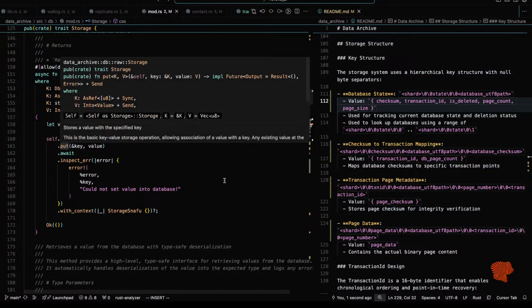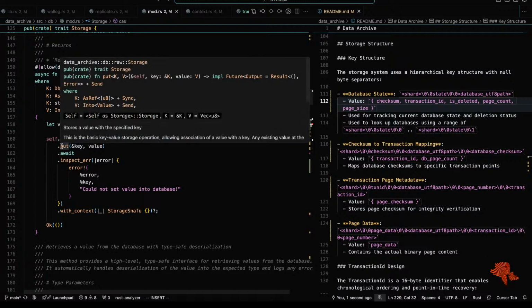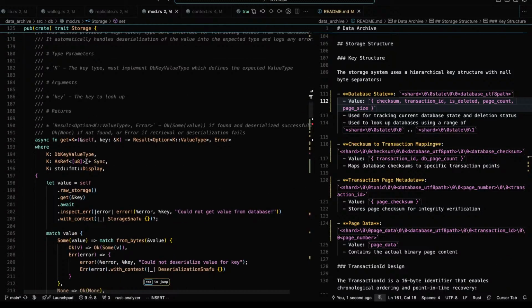Set, we call put. Now, in this case, we are as ref you wait for the key. Does this need to be borrowed there? No. Same here, I bet.